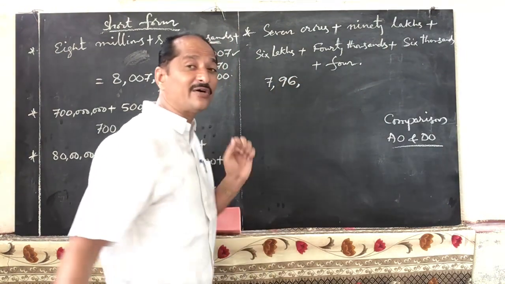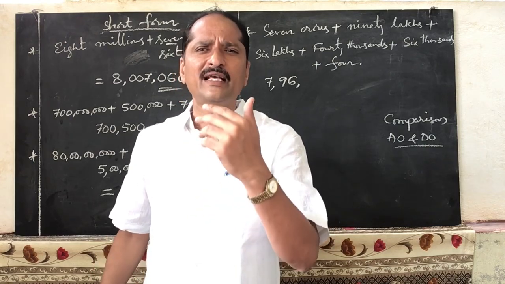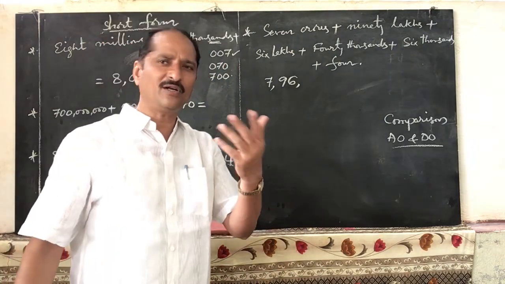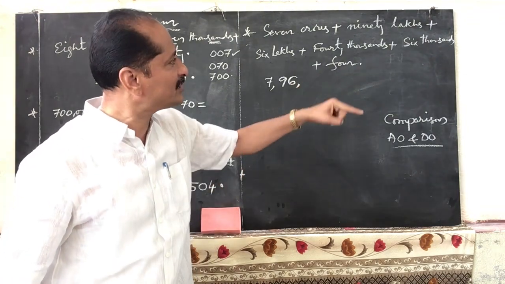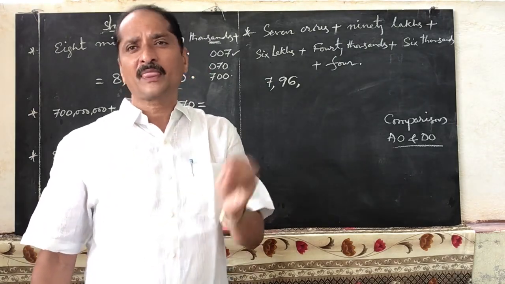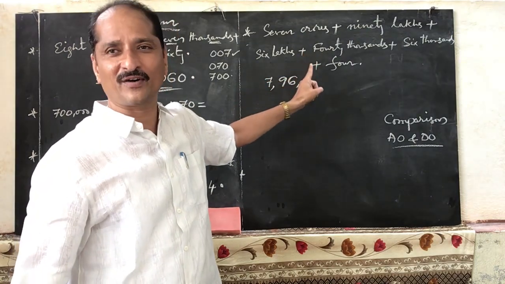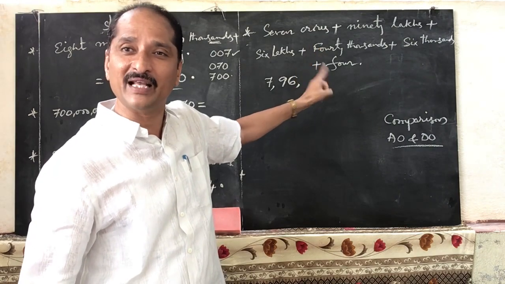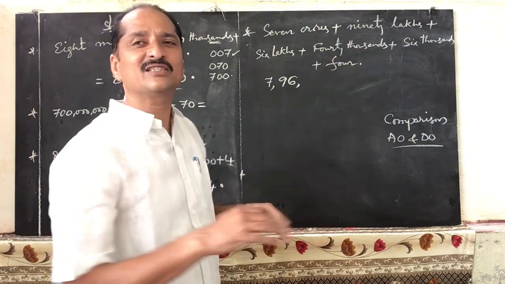Next one, the thousands period. Thousands period also should contain 2 places. If he has not given 2 places, we should place 2 digits. How? By adding zeros, you can write down 2 digits. Now, how many thousands has he given? 40 thousands. Is there any more thousands? Yes, 6 thousands. 10,000 place he has given, 1,000 place also given. In 10,000 place what we have? 40, that means 4 tens are 40. So 4 is in the 10,000 place, and in the 1,000 place 6. Or otherwise directly you can add the thousands periods.